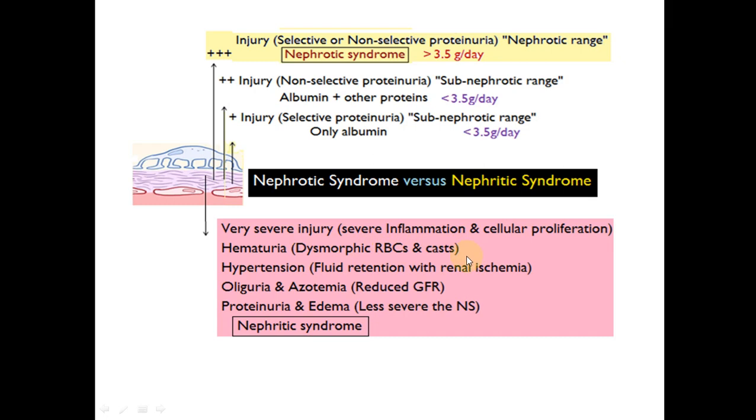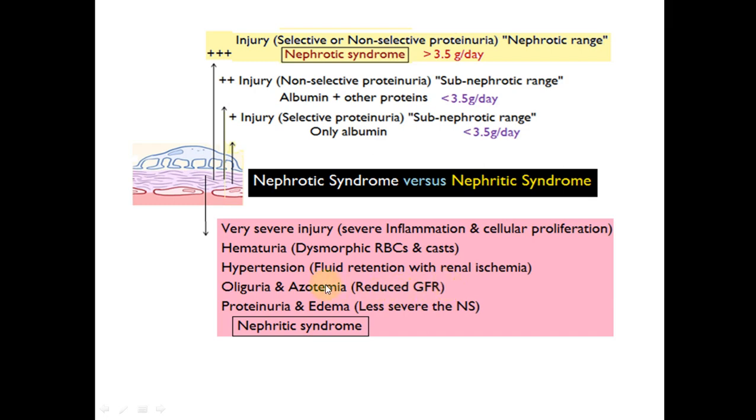red blood cell casts. There may be hypertension, and this severe condition may lead to, if the urine output is less than 400 milliliters per day, oliguria, and as a result, a decreased or reduced GFR. There will be a buildup of waste products like blood urea nitrogen and creatinine, and a situation of azotemia will develop. However, if the azotemia becomes symptomatic, then we call this situation uremia.